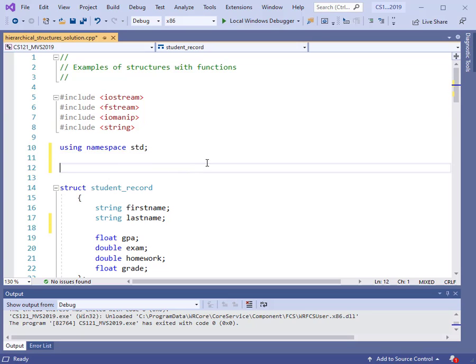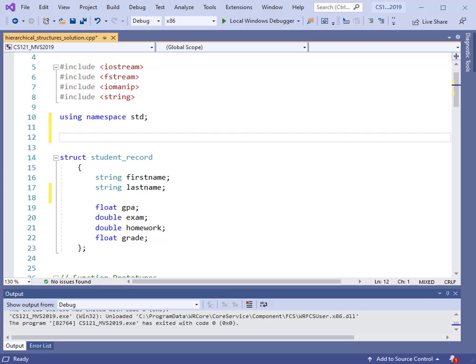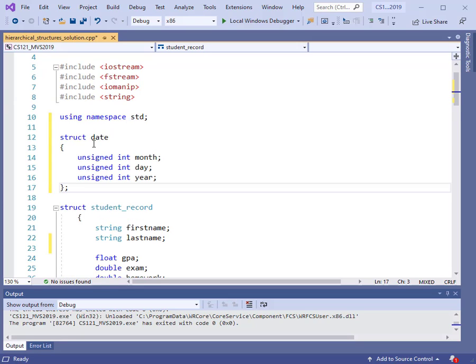So we can make a structure that is just for the date itself. So let's write that code and let's put it in here, and we'll make a small structure just for the date. So we'd start with the same reserved word, struct, and I will call this date because it represents a date. Then, inside our curly braces, I'm just going to have three unsigned integers, which represent the month, the day, and